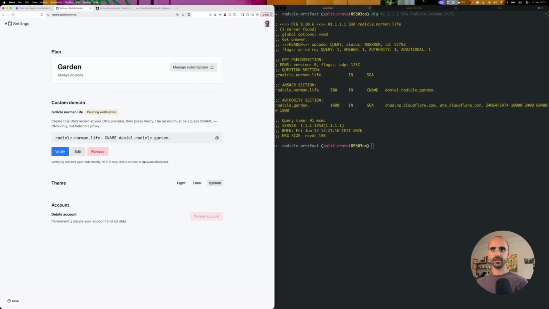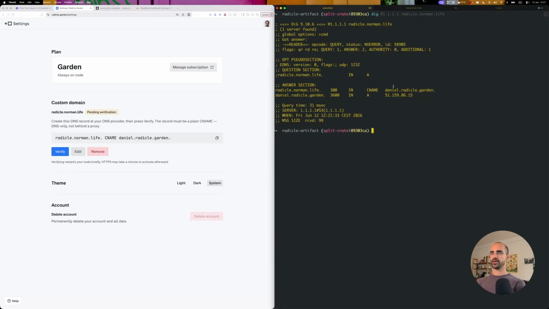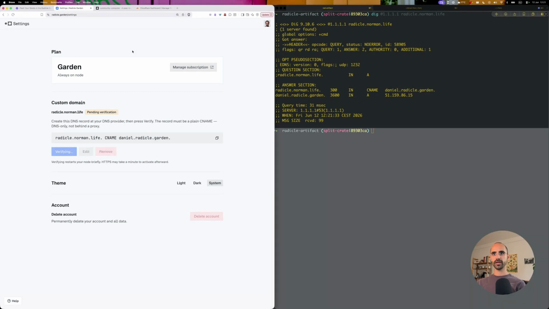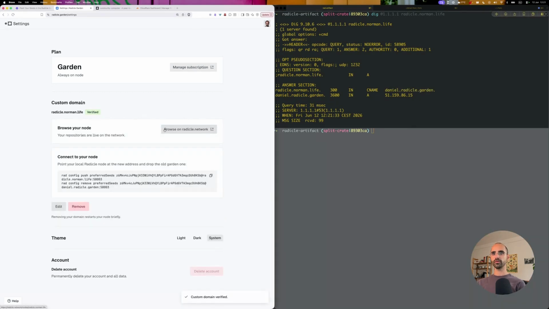So as you can see, I've already set the DNS record here. That's been set as a CNAME record that points to daniel.radicle.garden. However, the verification is still pending, and okay, that's been verified. Cool. Now, I should point out that when you're doing this, you might encounter a delay in the verification,